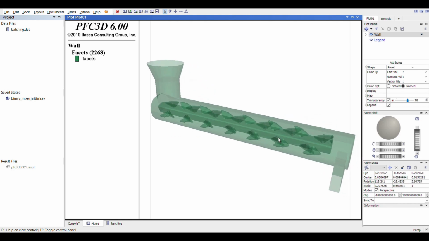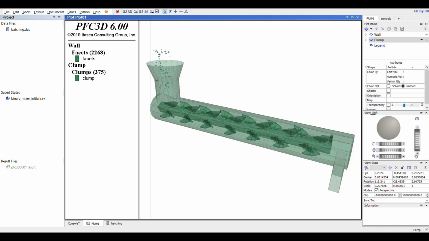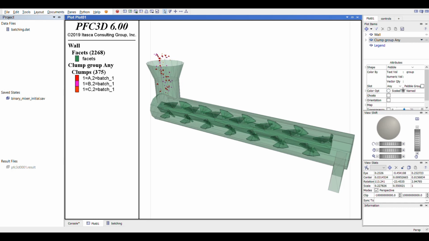Then again go to that plus sign and add an object, clump, and after adding clump, if you want to see it as a surface material, you can go into the shape and change it from pebble to surface. And if you want to see how the material is made up, then change it back to pebble.